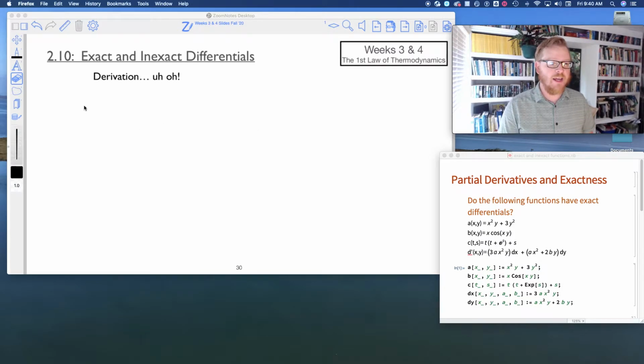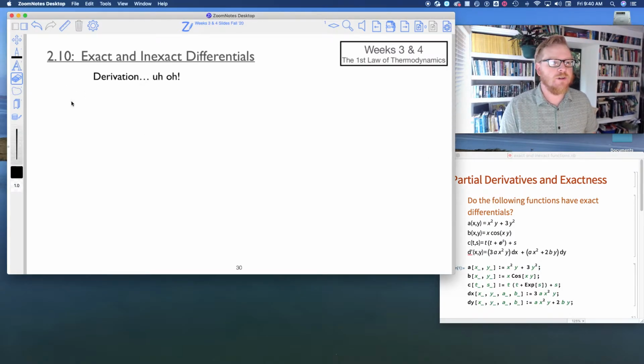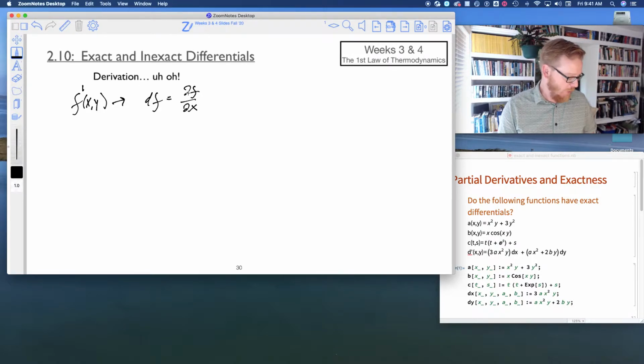Okay, so I'll start by saying, suppose we have a function f of x, y. Okay, so our function f has dependence on both x and y. We can write the differential of f. So if I take f of x, y, I can write that differential in terms of its partials. df, the total differential of f, is equal to the partial of f with respect to x